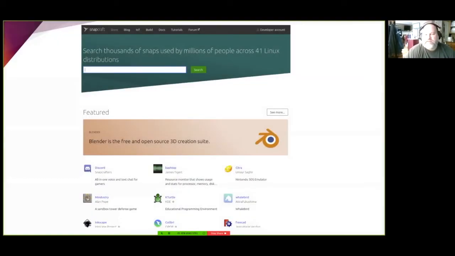So why does Canonical and Ubuntu care about third-party application development? We're a Linux distribution. Well, we see a thriving application developer ecosystem as a vital part in the future of Linux for human beings. It's critical that we enable application developers to create high-quality and useful apps that target Linux.